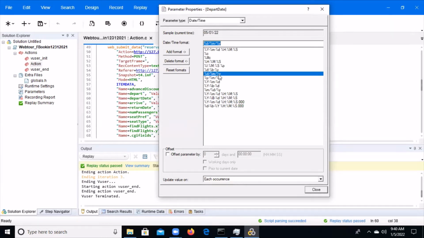This is 5/1/22, which means date comes first, then month, then year. Otherwise, if you want the format like year, month and date, based on our requirement we can select that format. If I want this format, you can select this one. Otherwise, you can select that one. For a year, we have the format like